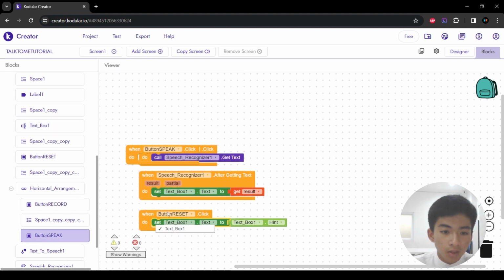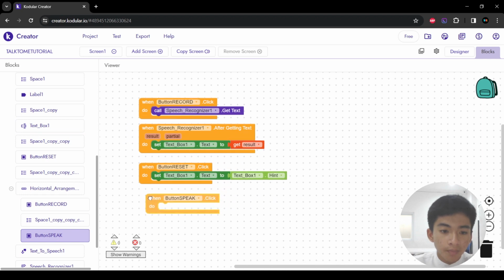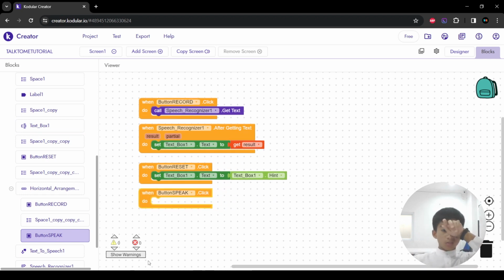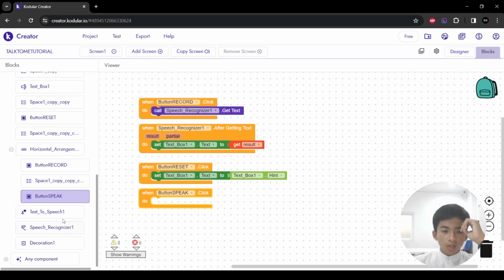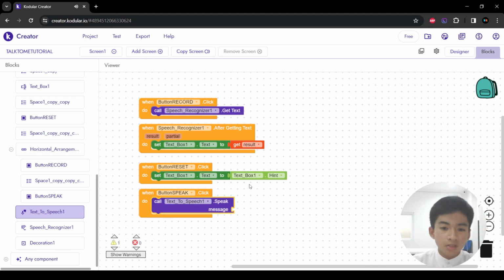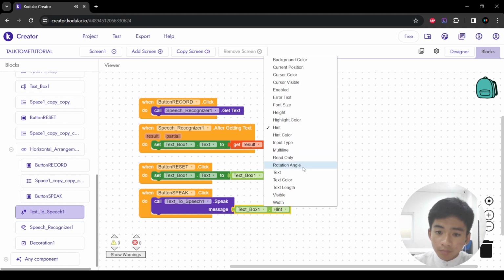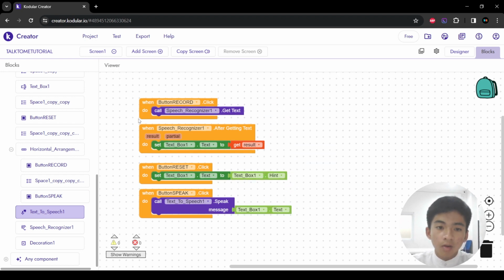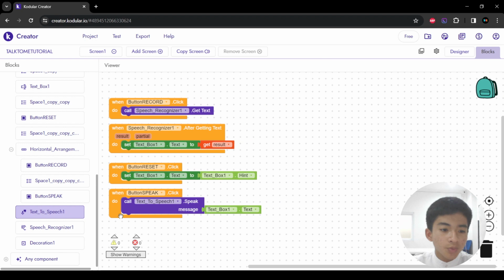When button speak click, oops, sorry. Yeah, so when button speak click, you will call text to speech, I think. Yeah, call text to speech, and the message is text box one's text. So that's the codes, and now the last one is, I think,